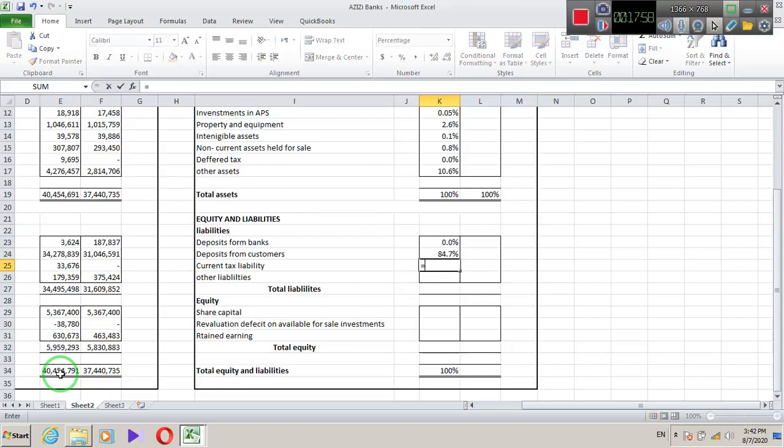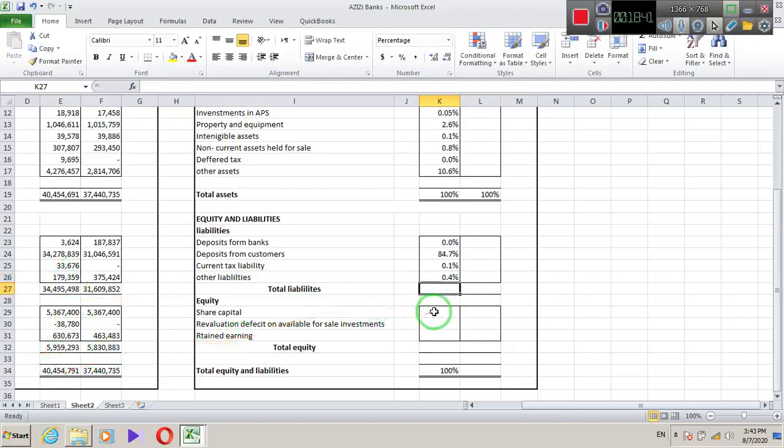bank. And the bank's duty and work is also to receive cash or money, currency from those people who have a surplus of amount, and provide this facility to those who want a loan. It is like an intermediary person at work in the financial market. So that's why it's a huge amount of customer deposit. Current tax and liability, how much percentage of the total liability and equity, that is 0.4%.